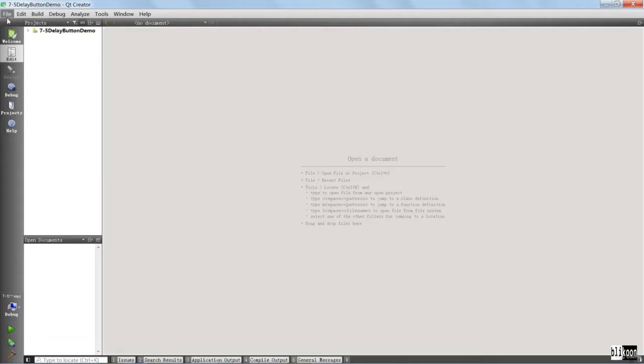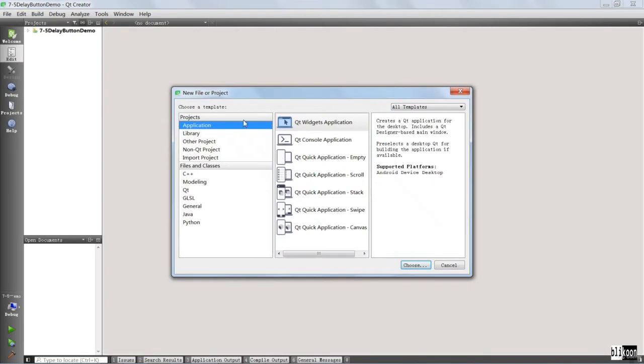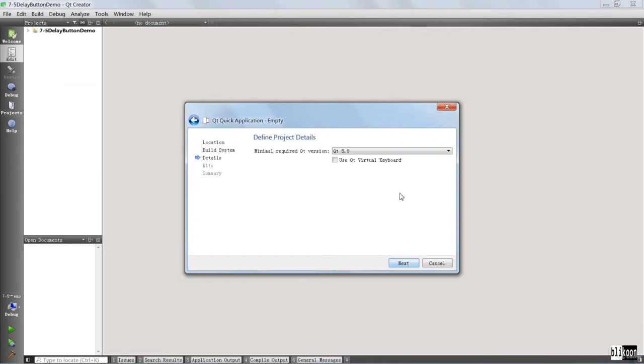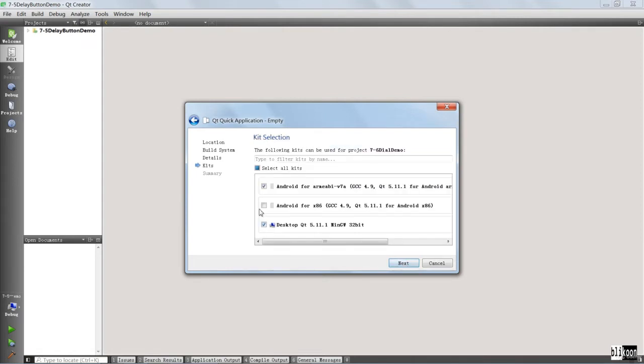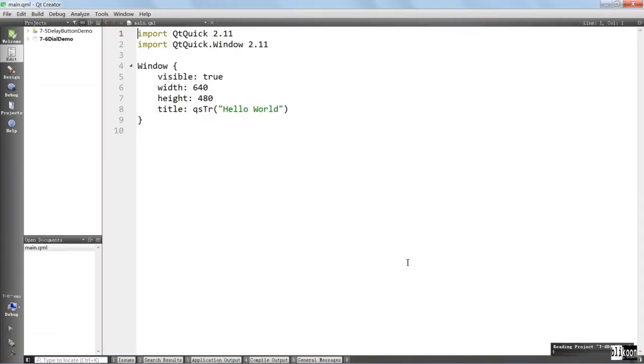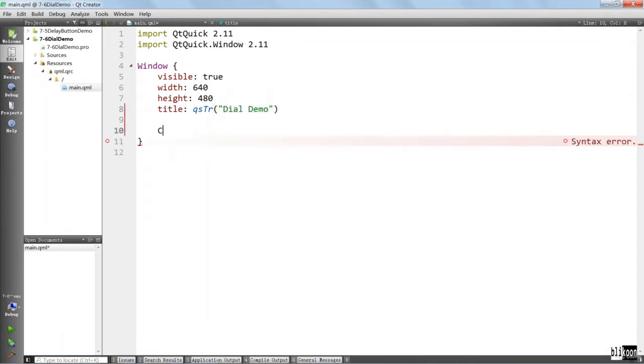Okay, here we are in Qt Creator. We are going to create our project. It's going to be a Qt Quick application as usual. We're going to call it dial demo. Save it in the usual location, hit next, choose your Qt version, and choose your kit, and finish. We are going to change the title here to dial demo, and inside we are going to put